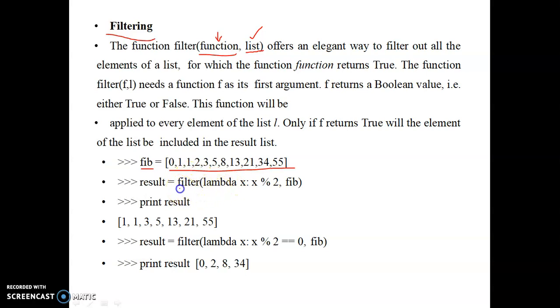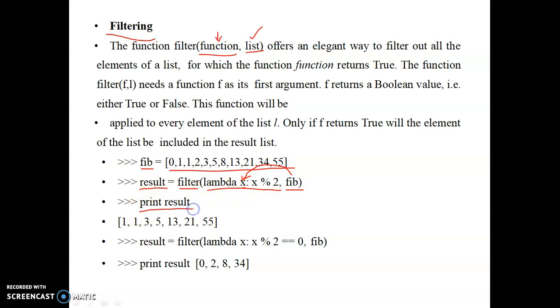For that I'm using a filter function, and within the brackets, lambda x: x mod 2. It finds the even numbers. This x is the parameter for my lambda function, and the list is FIB. FIB is passed to this lambda function into the x variable, and one by one the values of the FIB list are passed to the lambda function and divided by 2, and if the remainder is 0, then the x value is returned to the result. So the result shows the list of elements returned from this filter function.